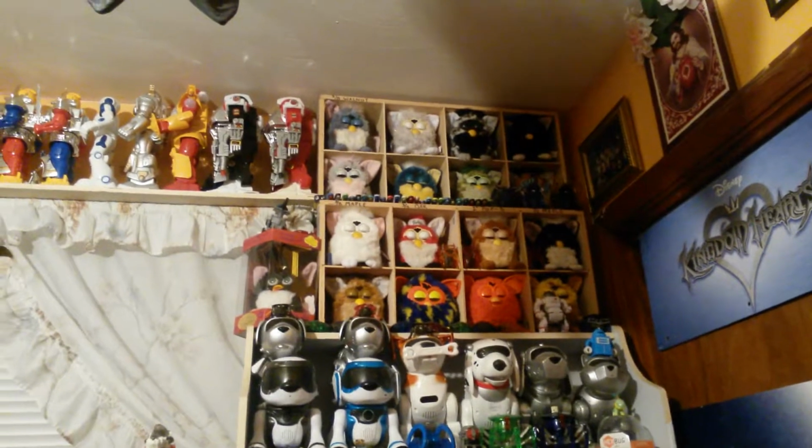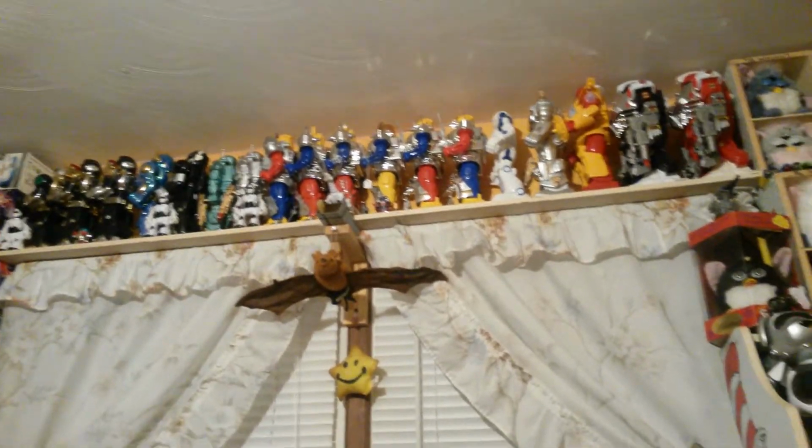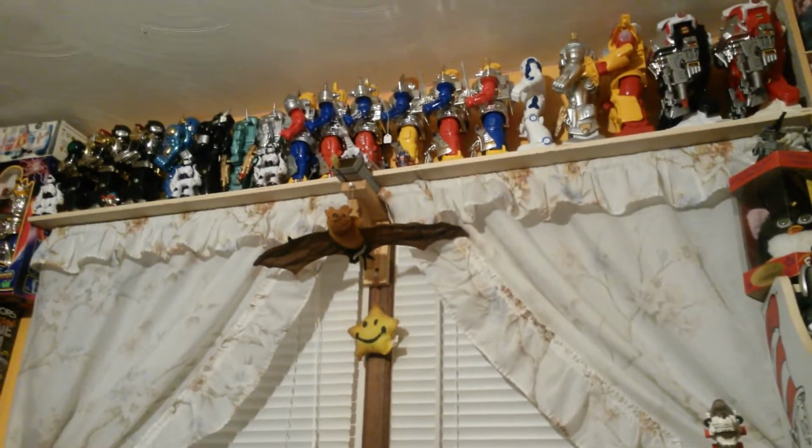If we're going to be getting rid of that, then more than likely the curtain shelf is no longer going to be up there as well. Because let me tell you, with the curtain shelf, I'm pretty much taking a big risk having robots on top of it. Over on this side, there's nothing supporting it, unlike this side where it's supported by the shelf and a dead 9-volt battery to keep it balanced. Another part supporting it is this metal bar, which was originally there because, if you remember in some of my older videos, I used to have robots in boxes that would sit on top of that shelf. Some of them were the mini actor, mini Robo-Sapien, another Robo-Sapien,